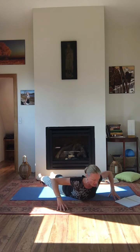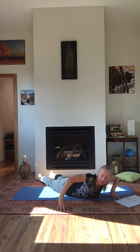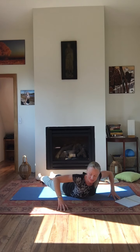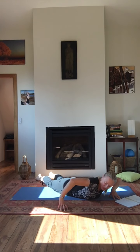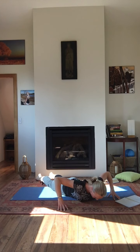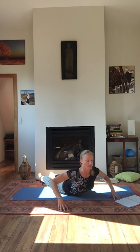We're going to inhale and come up. It doesn't matter how high. We're just going to move a little, sort of side to side up here. Pushing sort of into one hand and then the other, freeing up between the shoulder blades. Good. And then come to center and let's do a little bit of inhaling up into a little modified cobra,